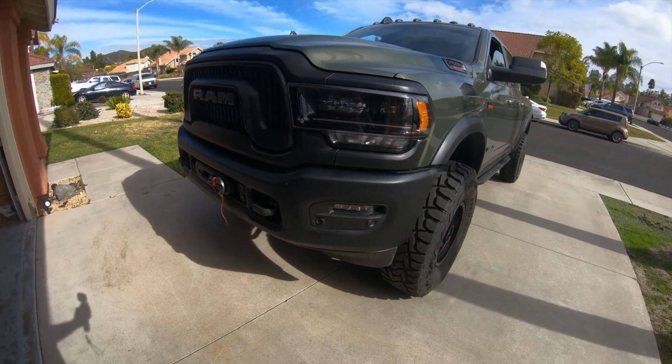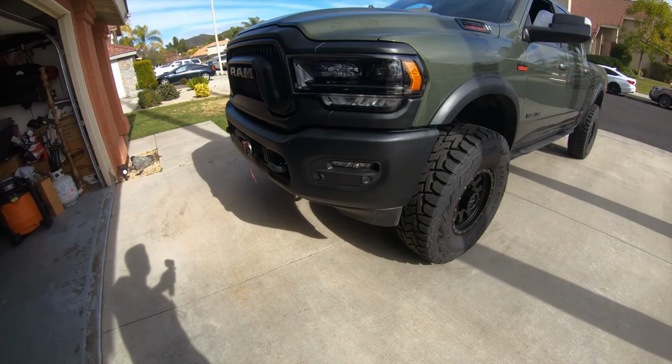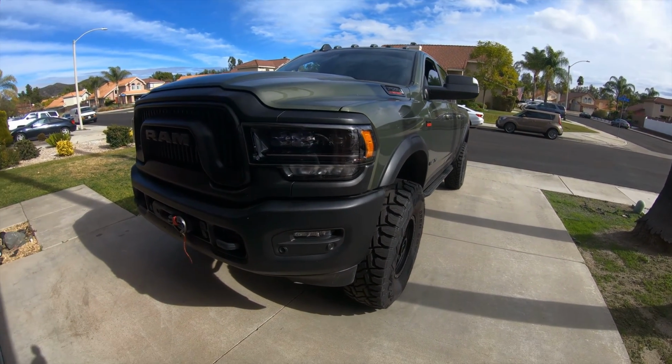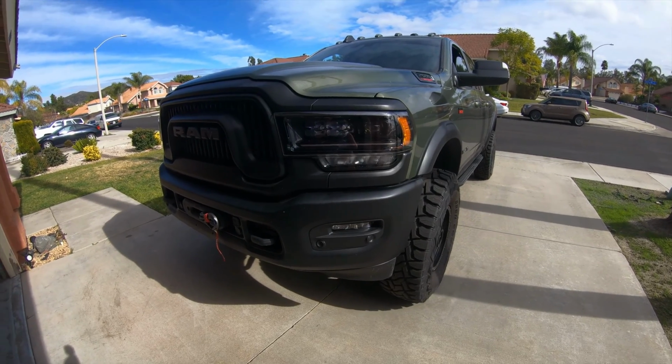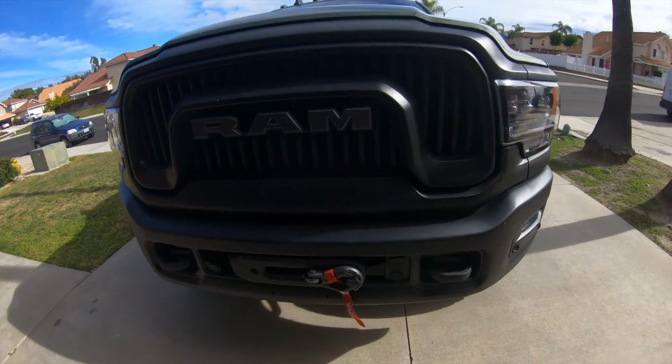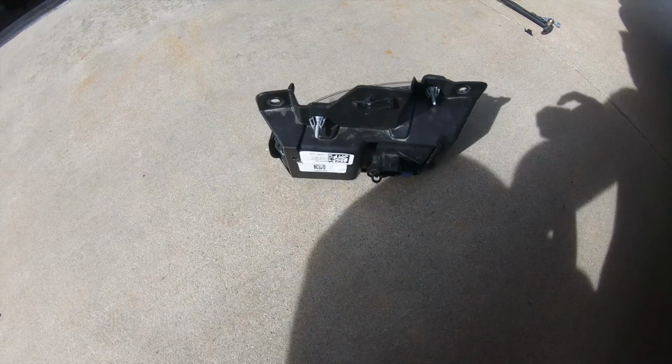I don't mind these stock fog lights. I think they work really well, but I don't want to put ditch lights on this truck, so I'm just going to be using my fogs for that. Later on in the future, we're going to get a bar that's going to run in through here, and we're going to be able to...